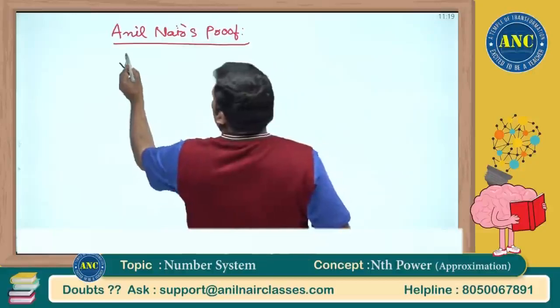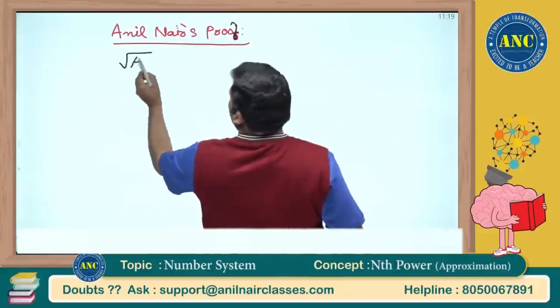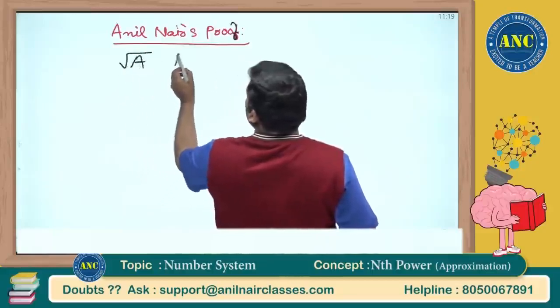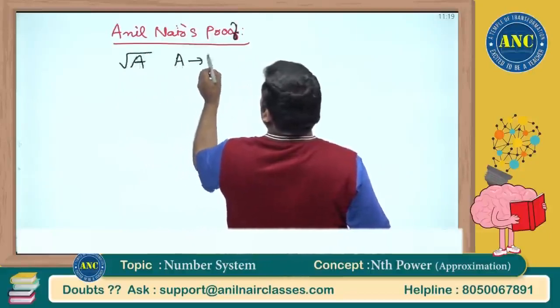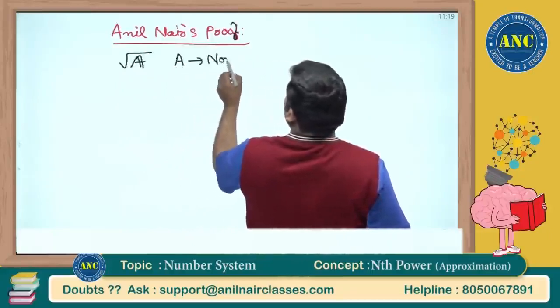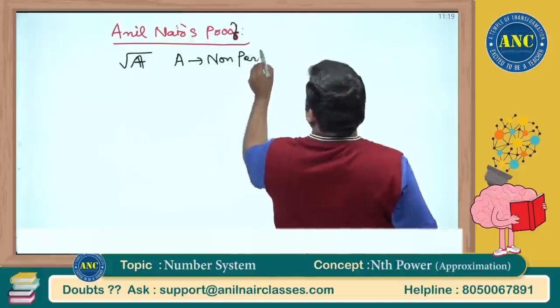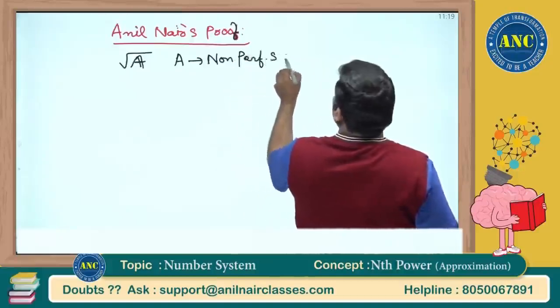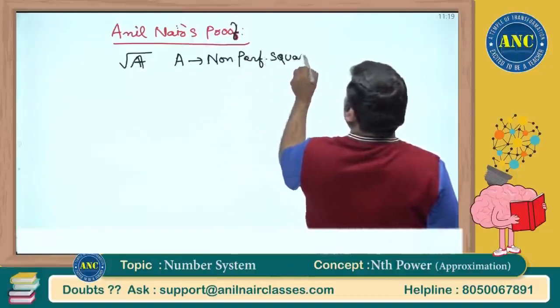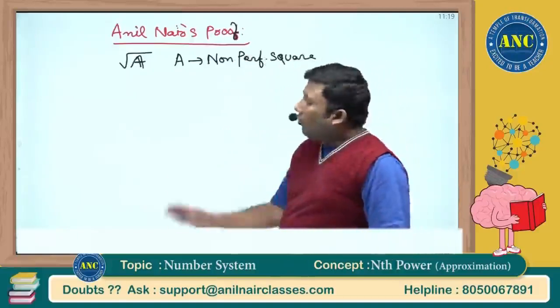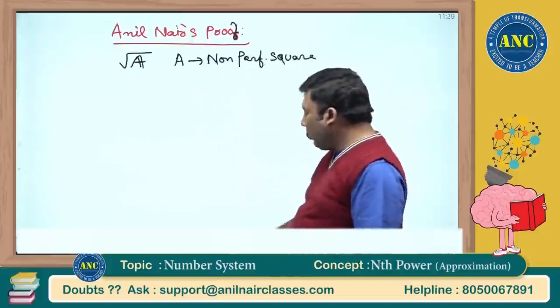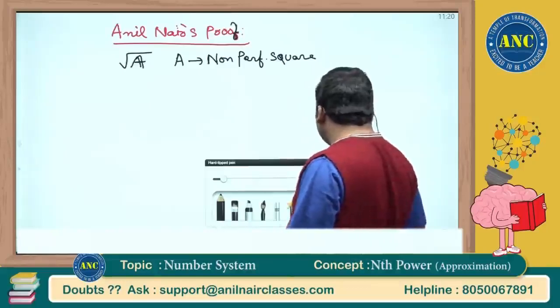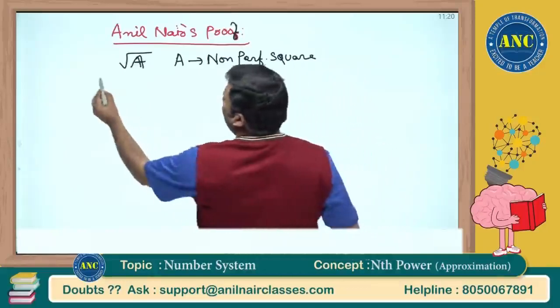Suppose root A, I need to find out root A. What is A here? A is nothing but a non-perfect square. I want to find out the approximate value of a non-perfect square. Listen carefully, sir. For example,